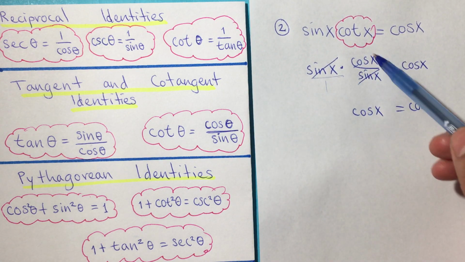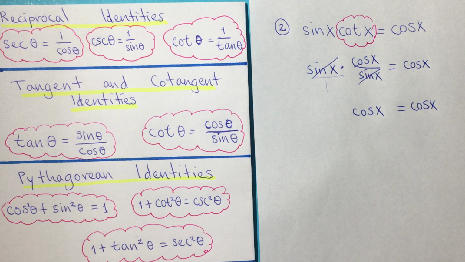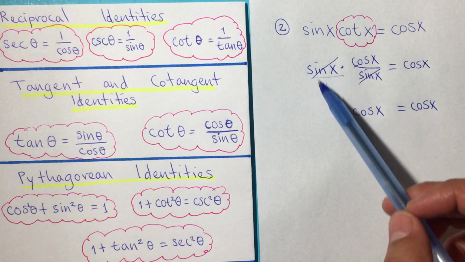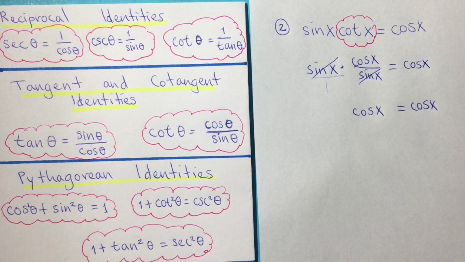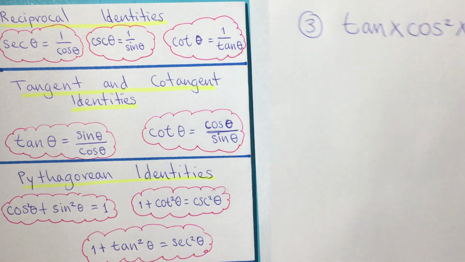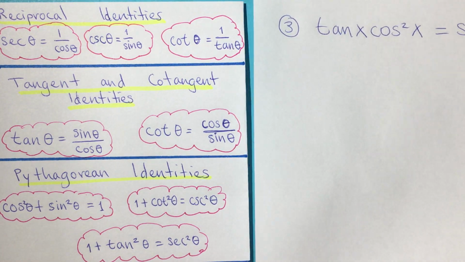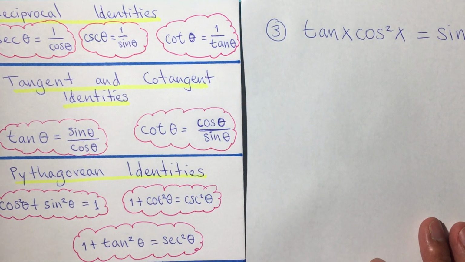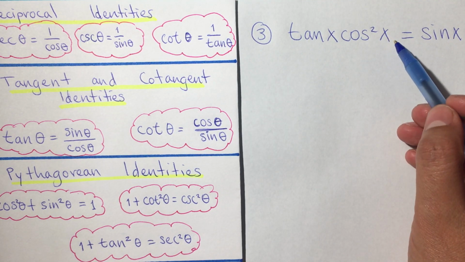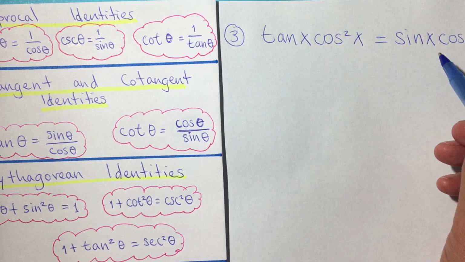Again, if you notice, we are using knowledge from before, so that algebra and also the number sense of fractions will come in handy. So it's important that we review those, but we're going to be kind of refreshing them in here, okay? Okay, number 3 says tangent of x times cosine square of x equals sine of x,